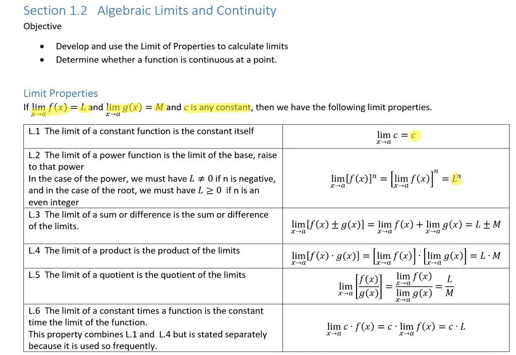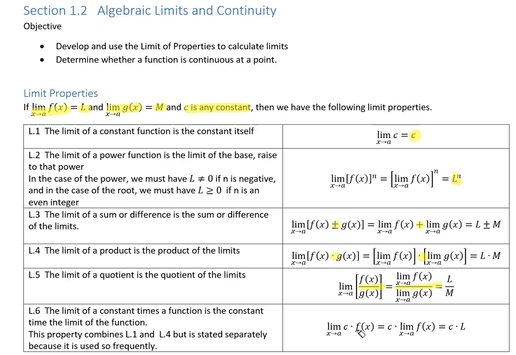And then if we're adding two functions together and we want to take the limit of the sum of the functions, we can take the limits of each of those functions individually and then add them up. And so the addition or subtraction inside the function turns into addition and subtraction of the functions after we've taken the limit as well. The same thing with multiplication, the same thing with division,